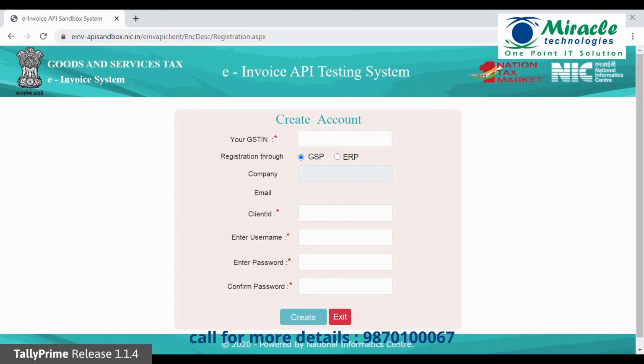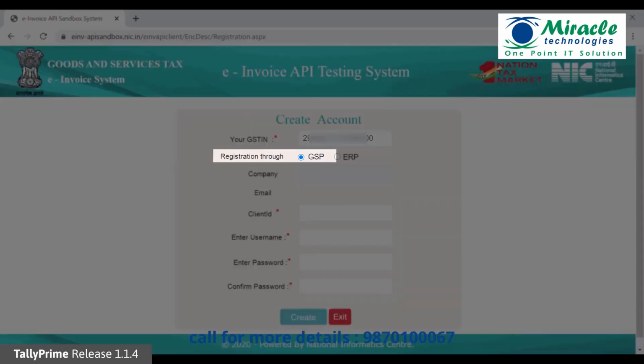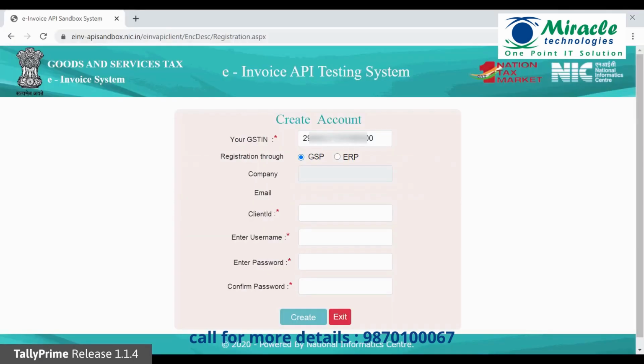Once you complete the validation through OTP, you need to enter details in the Create Account form. Under your GSTIN, enter the GSTIN of your business. Select GSP under the Registration Through field. Under Company, select Tally India Private Limited. Enter your registered email ID under the Email field.